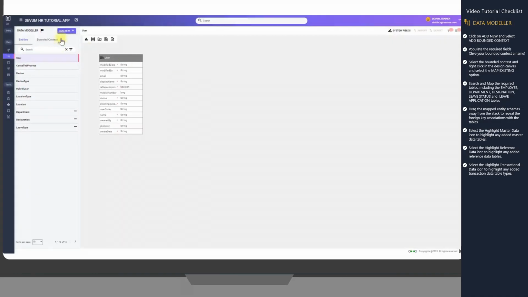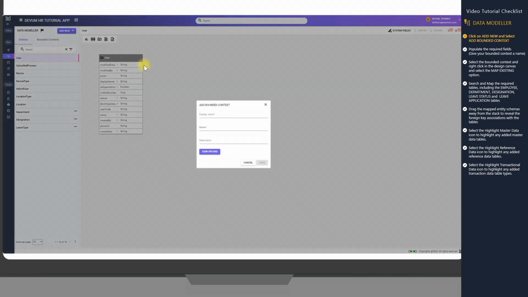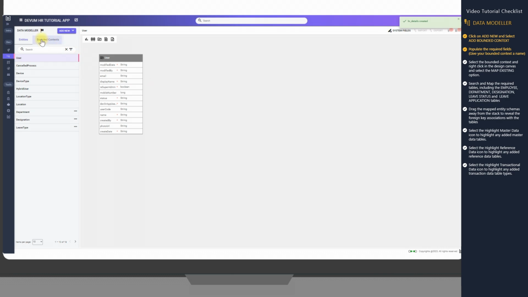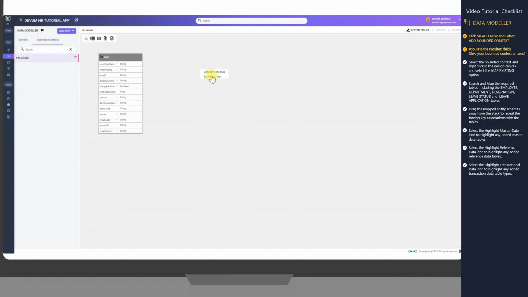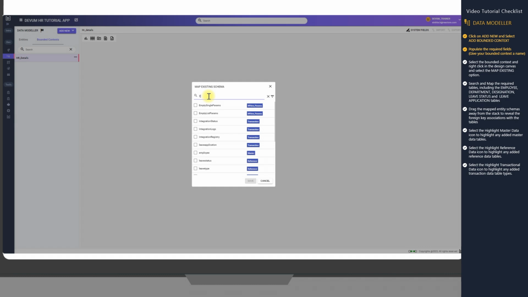We first navigate to the Data Modeler section and click on Add New, then select Bounded Context. Upon clicking the Bounded Context button, a pop-up opens where we input the display name and description for the bounded context and save it. Next, we click on the Bounded Context tab beside the Entity tab, right-click on the canvas,